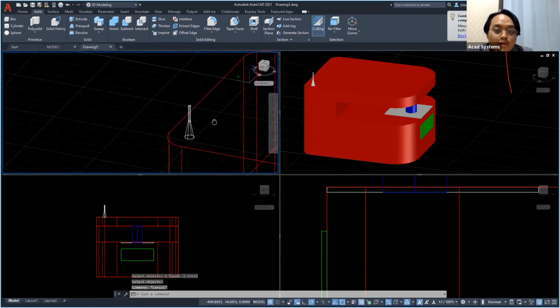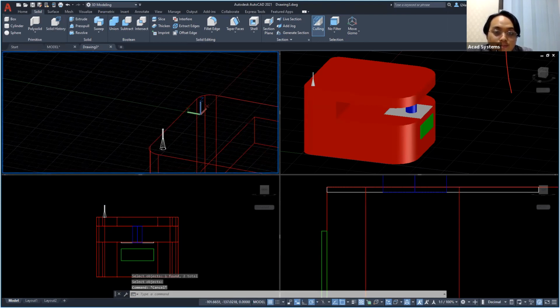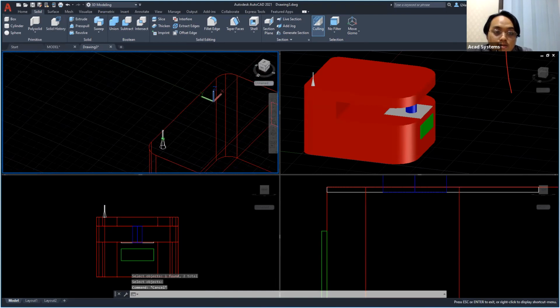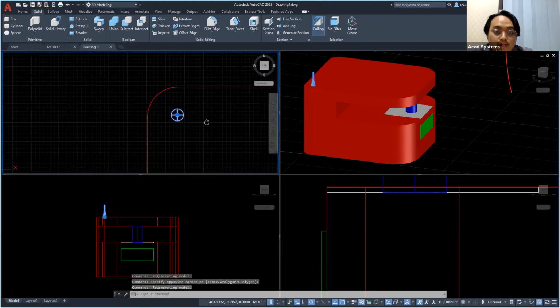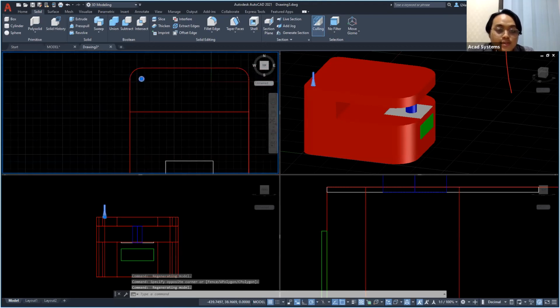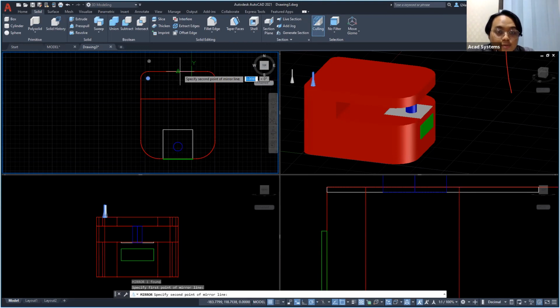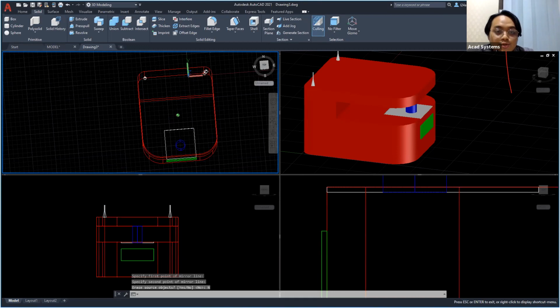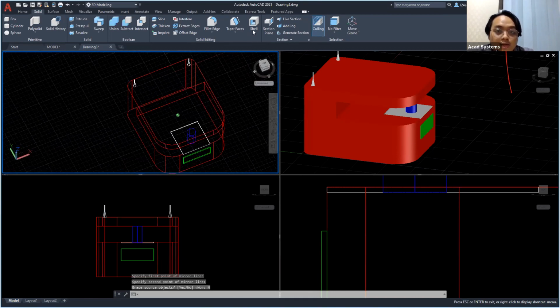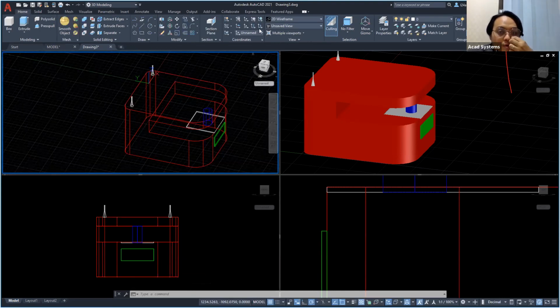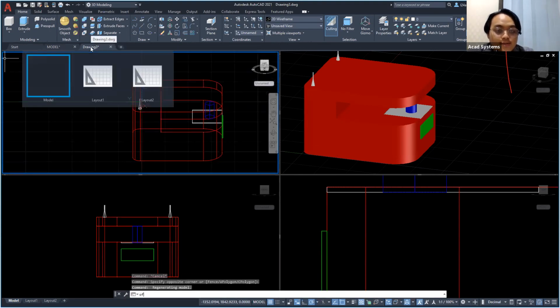So what I want is to create the same aerial on the right side here. Instead of drawing 2 times, I can simply mirror. But the mirror is also based on the UCS here. And also, if we have a slanted angle, let's say I make a slanted one here, I will offset,